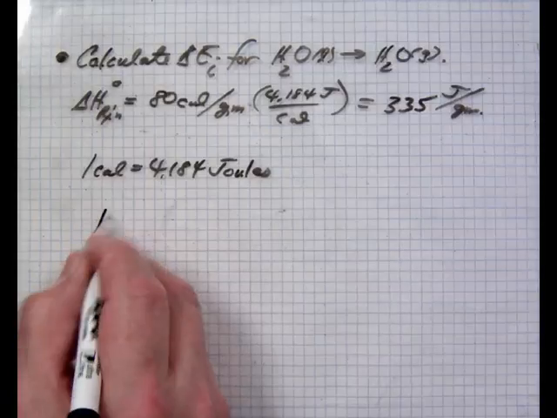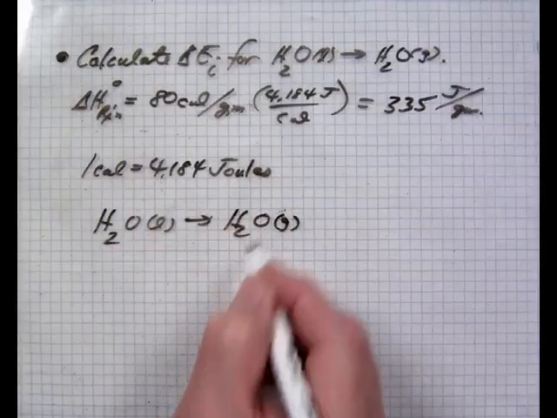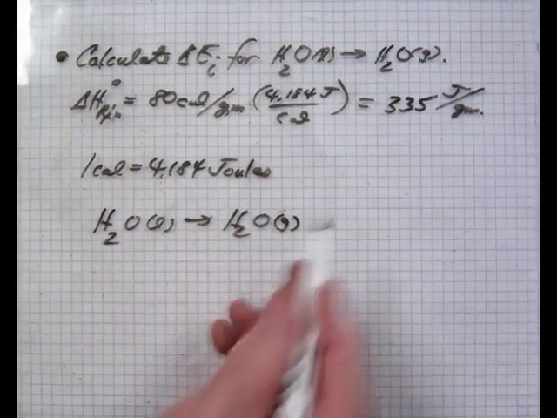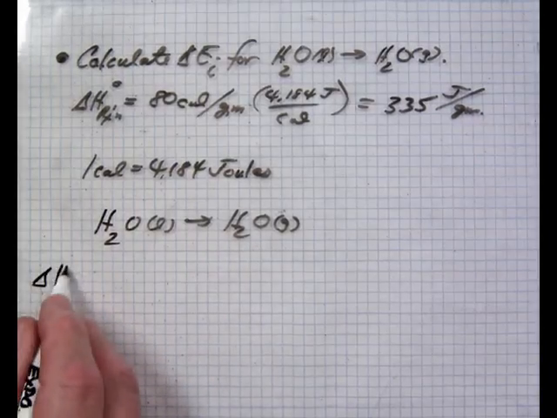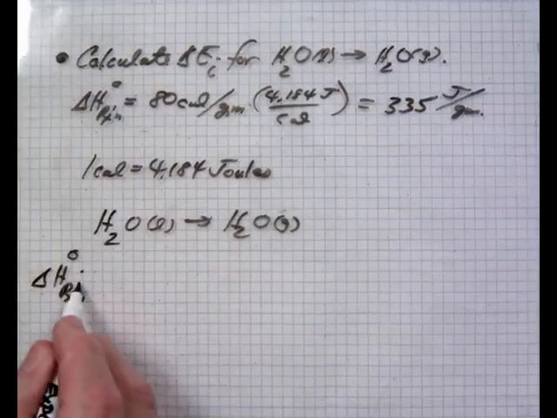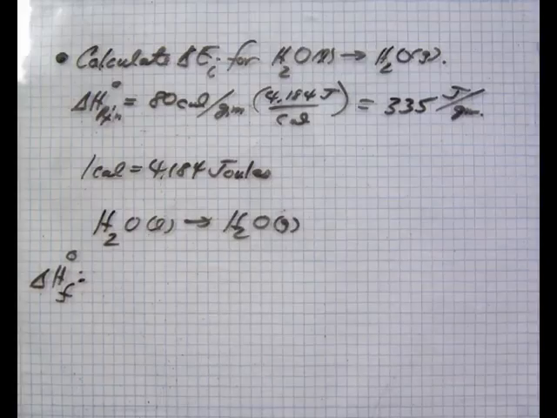So in this one, H2O as a liquid goes to H2O as a gas. Now, I didn't give you an energy number here. What we'll have to do is use Hess's law. Hess's law requires that we take the difference in heats of formation of these substances. Standard heats of formation are found in the table right here for different substances. For water,